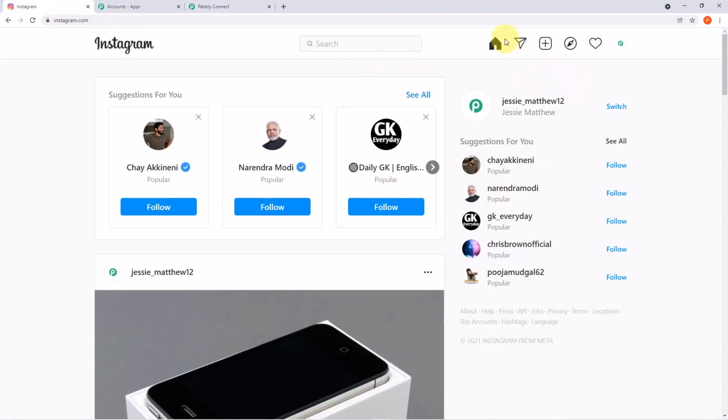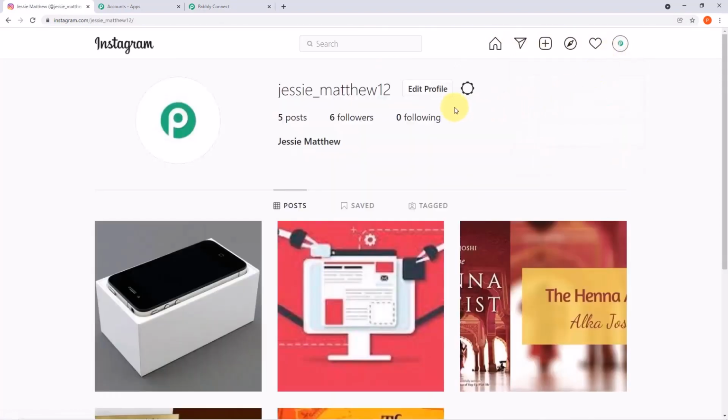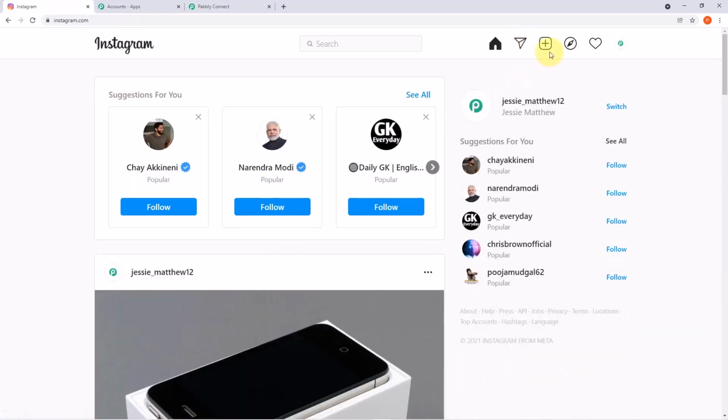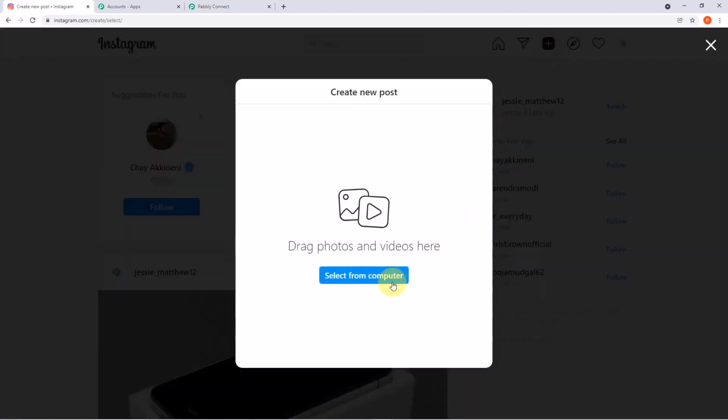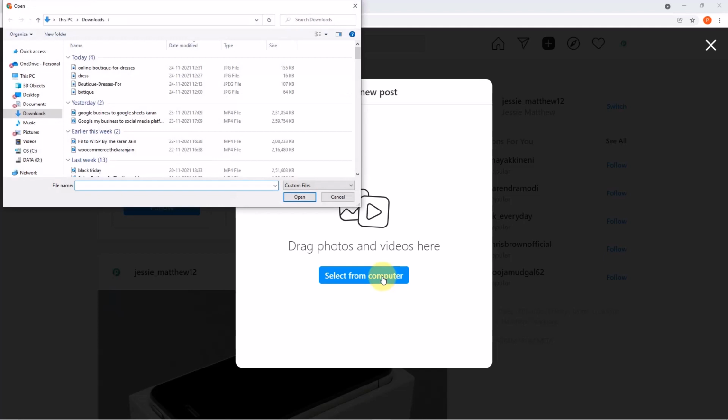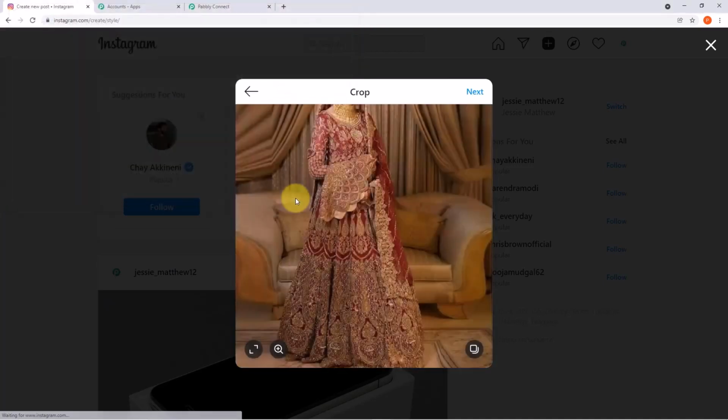and then let's go back to our Instagram account and share one post. To share a post, let me search for it. I'll go to my profile, then okay, so the sharing of a post can be done here. I have to click this plus sign, then select from computer, then this is the particular image which I want to post, so I'll open it. You can see this particular image. This is a new dress collection which has been added to my boutique, so I'll click on next,